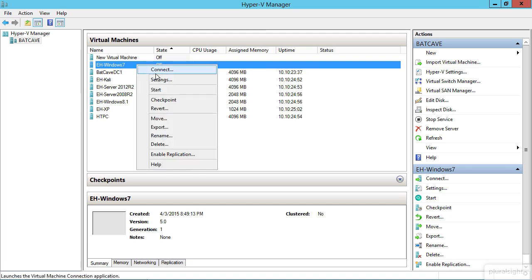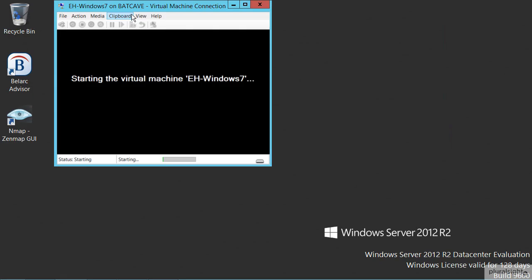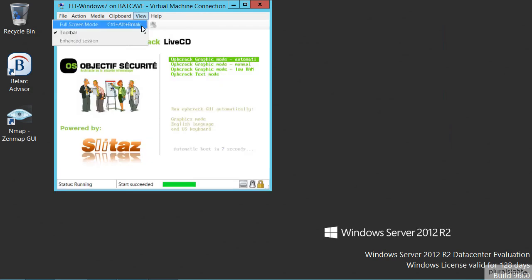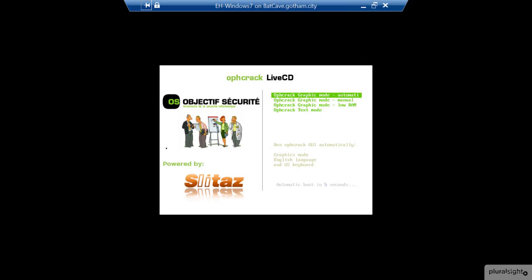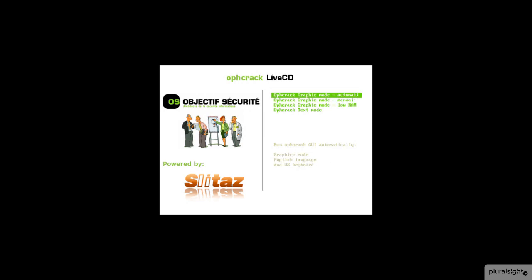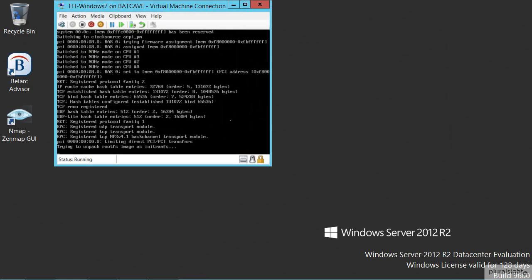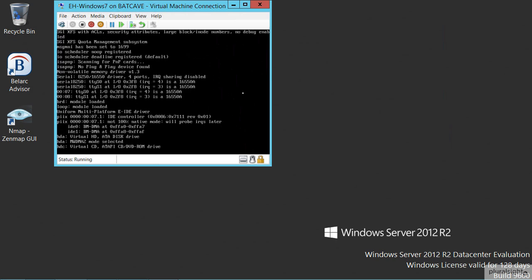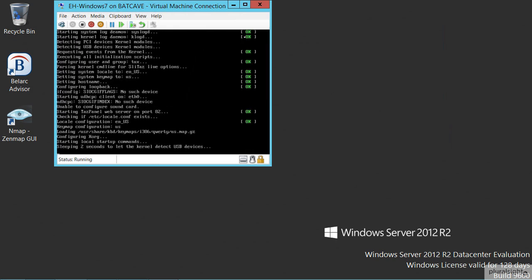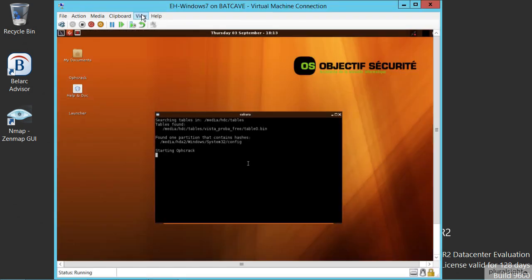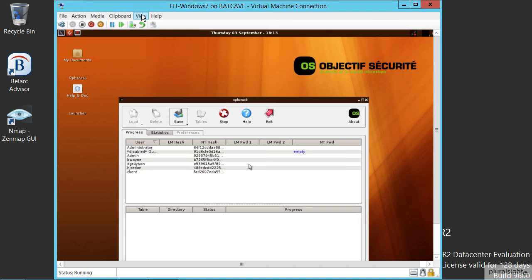So I'm going to go ahead and let's fire this bad boy up. We'll start this thing. And you'll notice here it starts off asking us which mode we want to go into. And I'm going to go ahead and go into automatic mode. This is, again, a live CD, which means you could burn this to a USB drive for exactly the purpose I just discussed, that I could slap this into a machine, reboot it, boot right back into it, and gain access to the system. So you'll notice right away it already found my SAM file,